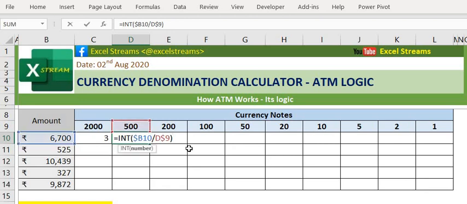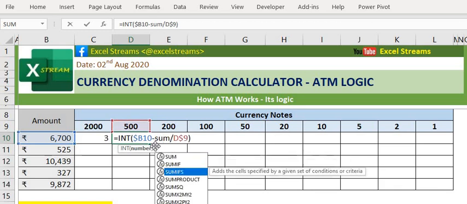What you need to do now? You need to multiply this with this. Okay, and then reduce it from this amount. Okay, so how we will do it? We'll use some product